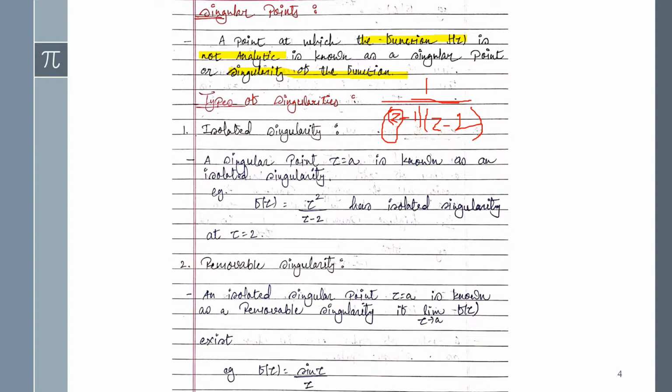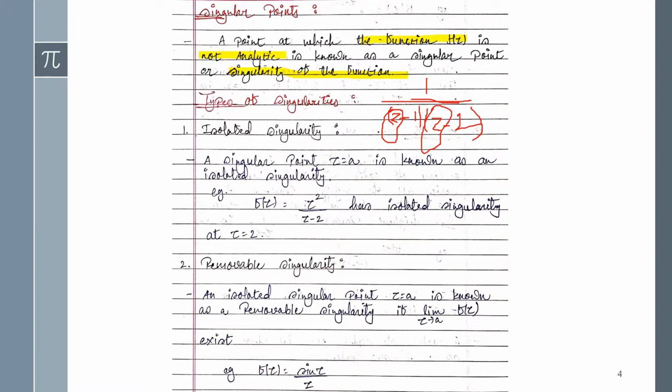So for that we can say that at the point 1 it will be analytic. And if we talk about the second function, another factor, here it's given z minus 2. Now in place of z, if we put 2, then it will be 0, which is not possible. So we can say that at the point 2 it will again be analytic. So for this function we can say that at the points 1 and 2 the given function will be analytic.